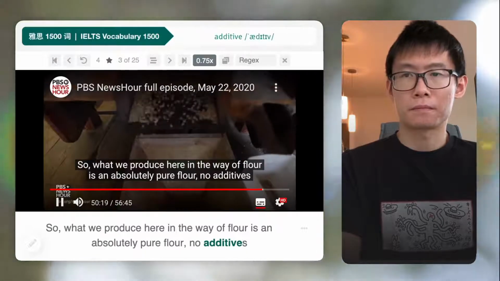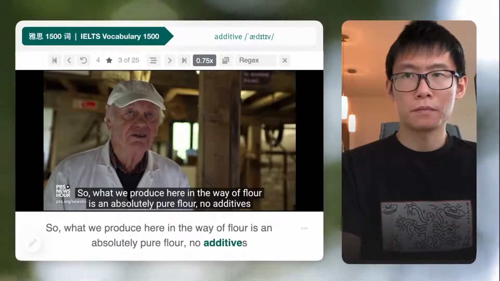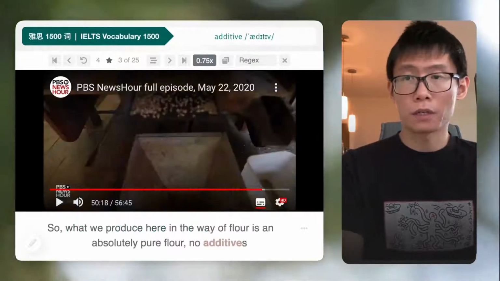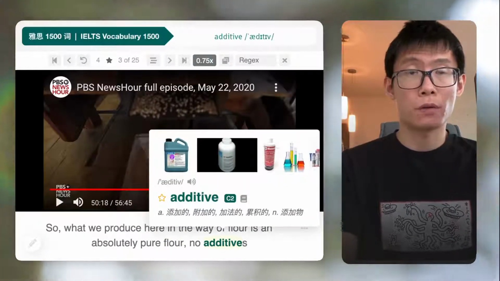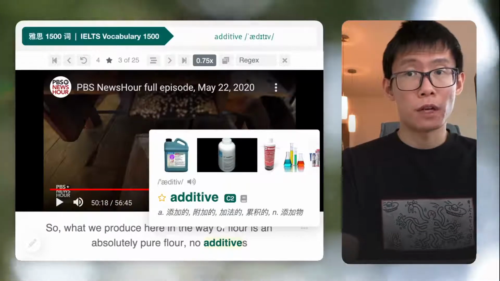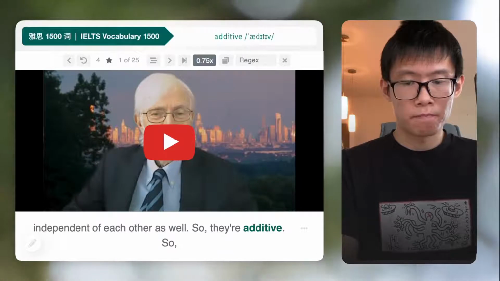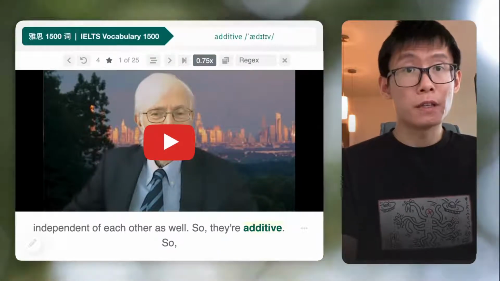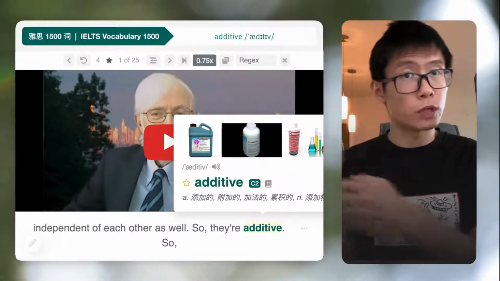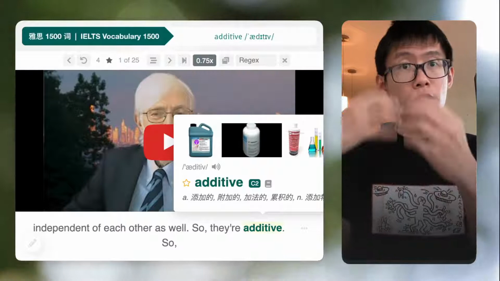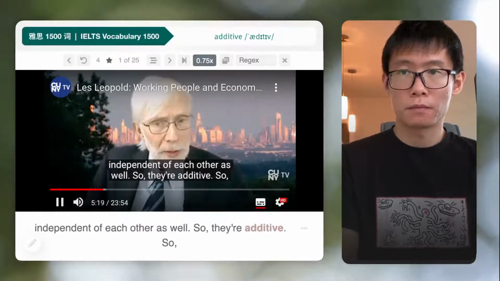What we produce here in the way of flour is an absolutely pure flour, no additives whatsoever. So he's saying that his flour, 它的那个面粉，它的 flour has no additives, right? So it's very pure, has no additives. But additive also has another meaning, and that is not... 就是它是叠加的，就是它不是一个就是把以前的什么东西除掉，它是在以前的基础上叠加上去的。比方说听这个人。